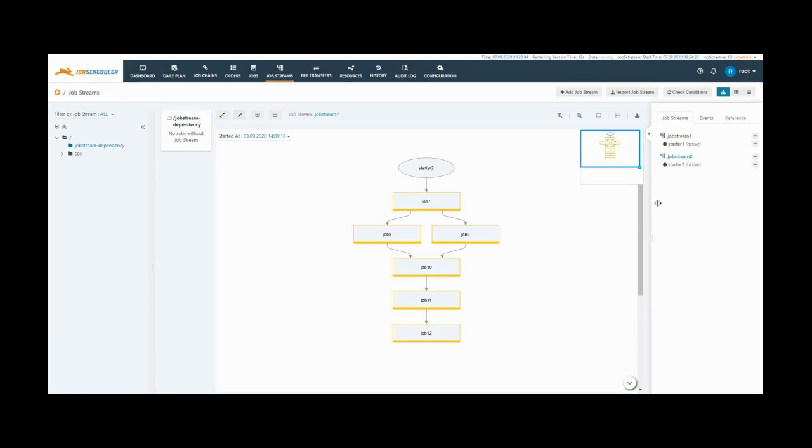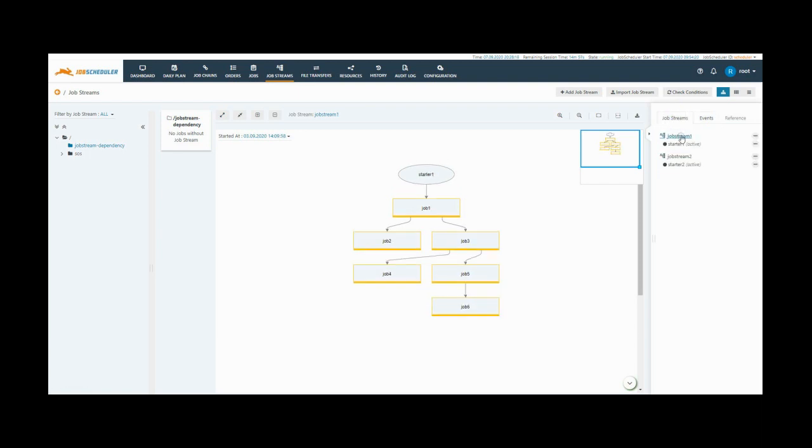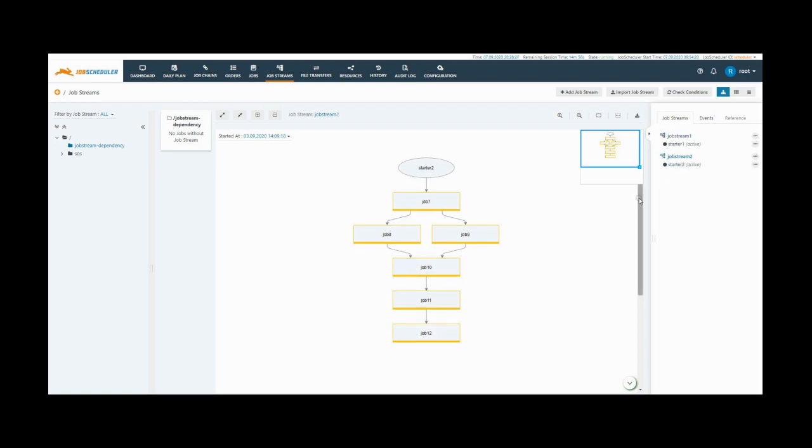From the right panel, click on the Events tab and you can see the list of events created by the job stream. Switch to the Job Stream tab and select the other job stream. And from the events, you can see the events with the type of event. We have Global Job 5. Here, our job stream